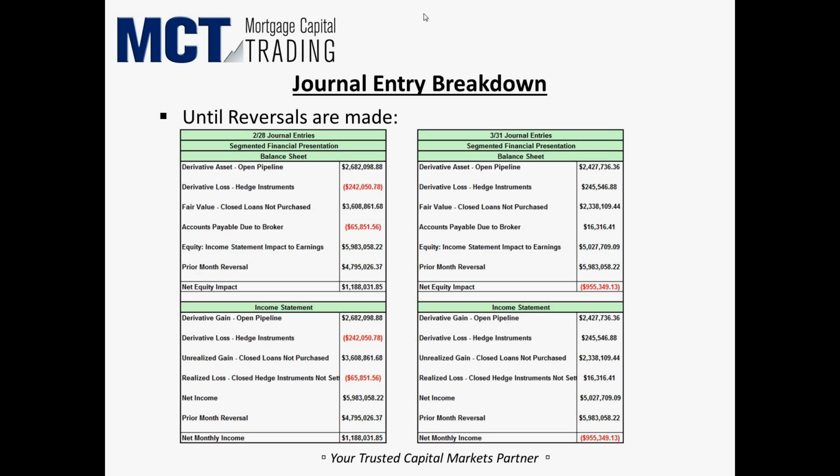We had 2.6 million in the derivative asset and 240,000 in the hedge instruments for a net gain on sale in the pipeline of 2.4 million. An $80 million open pipeline equating to 2.4 million in value. If we hold everything else constant and we drop from 80 to 40, so we cut the open pipeline in half,